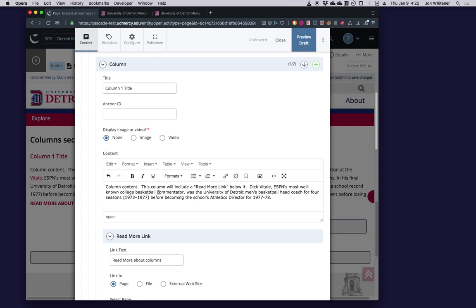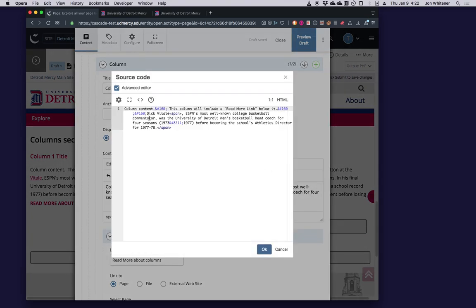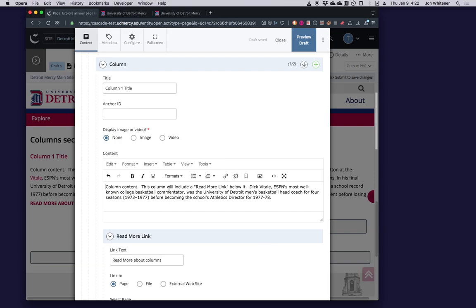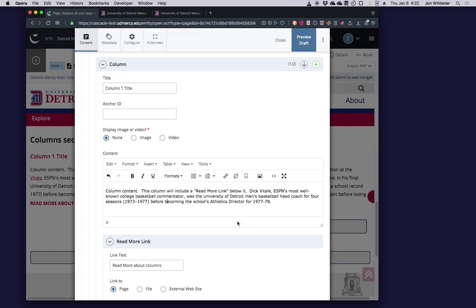Again, this is, I won't get too into it, but let's just see what happened in the source code, because I did copy this from Wikipedia. You'll notice it does not have a paragraph tag element wrapping it, and it does have this extraneous span, which really has no meaning. So even with Wikipedia, which tends to be better than most, you end up with extraneous code you don't want. And again, it's not wrapped, so I'll go formats, blocks, paragraph, and put that in a nice paragraph element like it should.